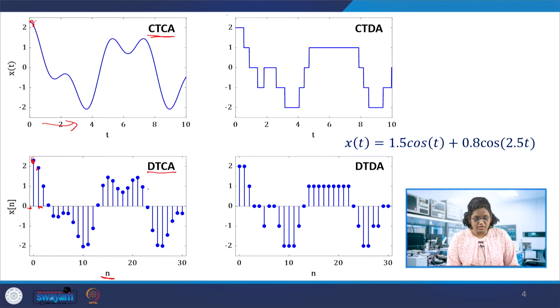This is also, when we do the sampling, we need to know the sampling theorem, which says that whatever the input signal, the signal to be sampled, the maximum frequency of that signal should be considered for deciding the sampling frequency. That is, the sampling frequency should be at least twice the maximum frequency present in it. So in that case, we will be band limiting the signal. Suppose the signal is not band limited, we have to band limit it and then apply the sampling theorem. Otherwise, aliasing will arise.